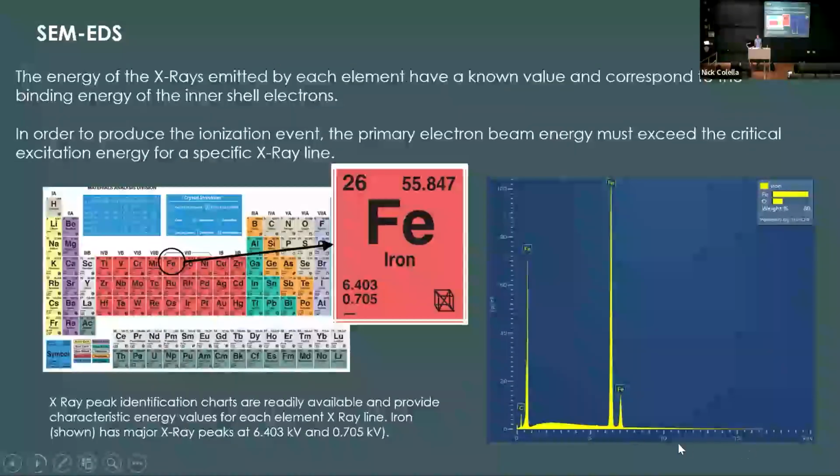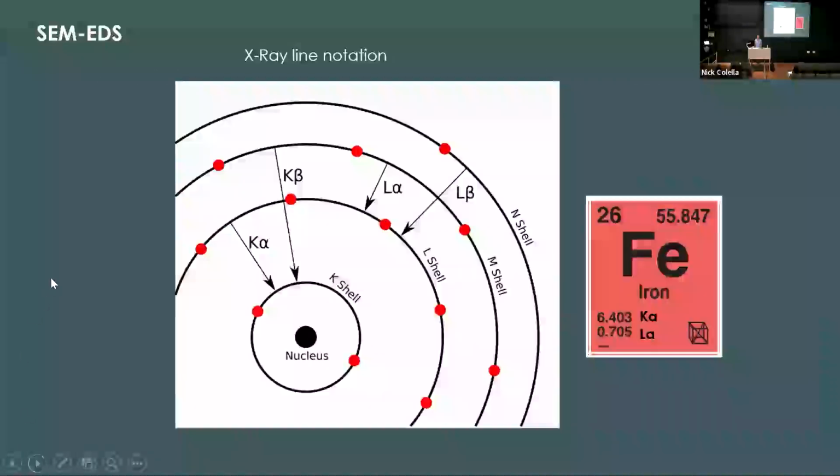If you take a look, there's actually more peaks though. There's the iron peak at 6.4, and then there's another little iron peak next to it, a little bit higher energy, and that doesn't show up on the table. So depending on the element that you're looking at and the specifics of its orbital configuration, we may have one or two or many, many X-ray lines that we can work with.